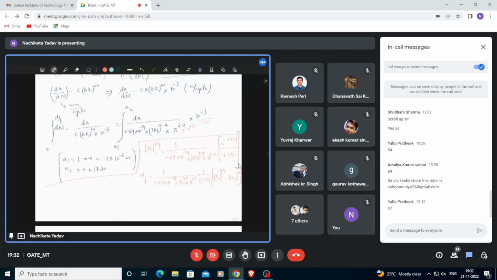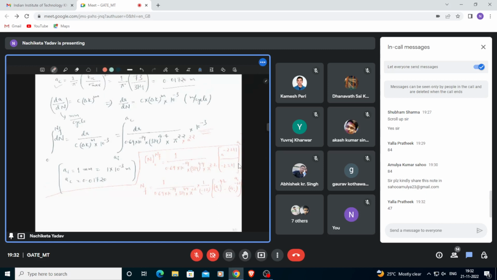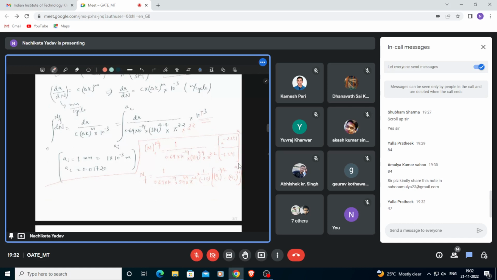Like it was 10 to the power minus 3, it was inside, so it will be plus 3. So the NF value will be, if you solve, you will get minus 1 by